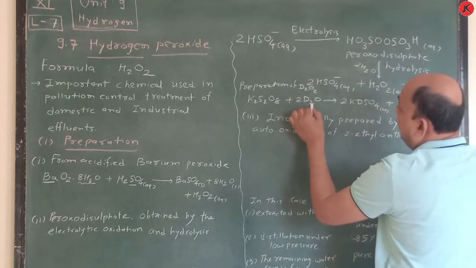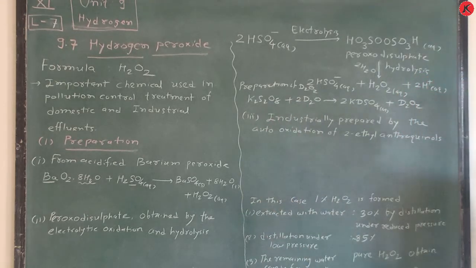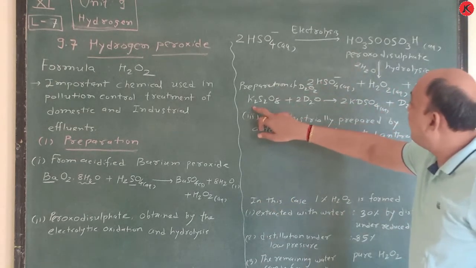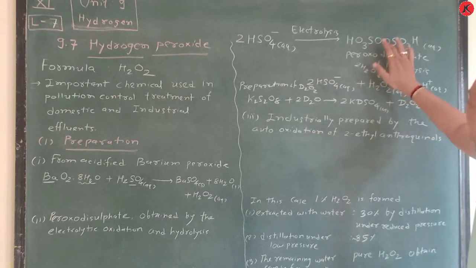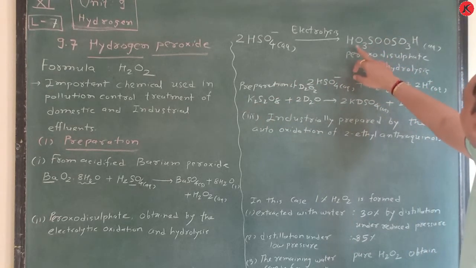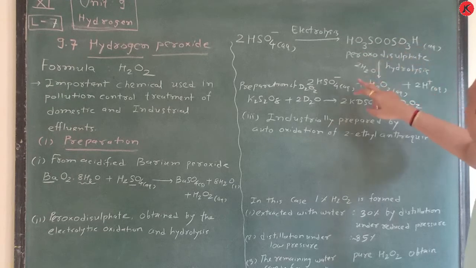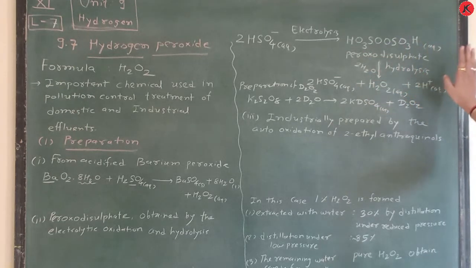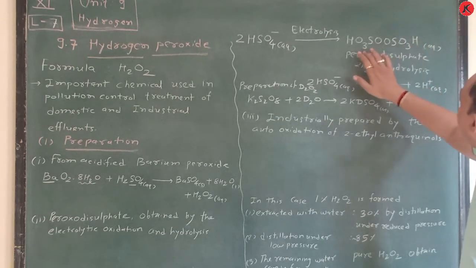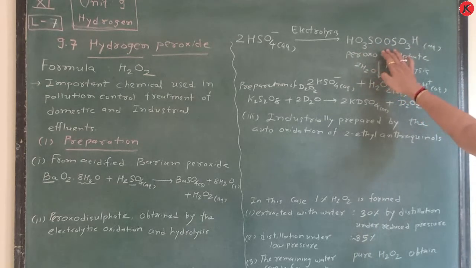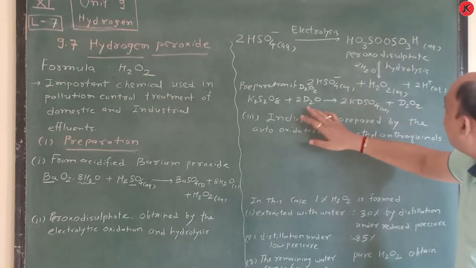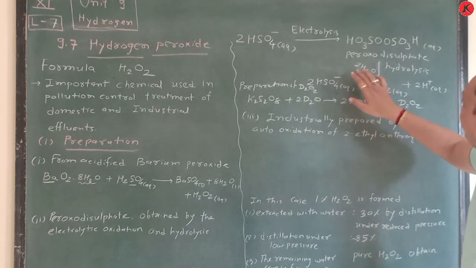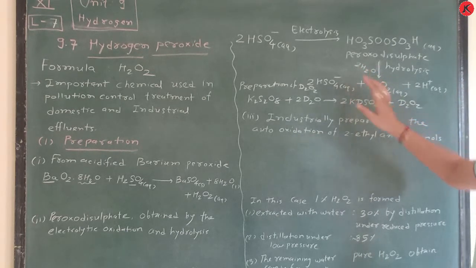So just you see here D2O2 is released, and in the same way, just like this, the product is obtained from K2S2O8. Here instead of H, K is there, and S is also there, O8 is also there. So 3 plus 3 is 6, 6 plus 2 is 8. In the same way it's obtained. Instead of 2H2O, we have to carry out this reaction in presence of 2D2O.